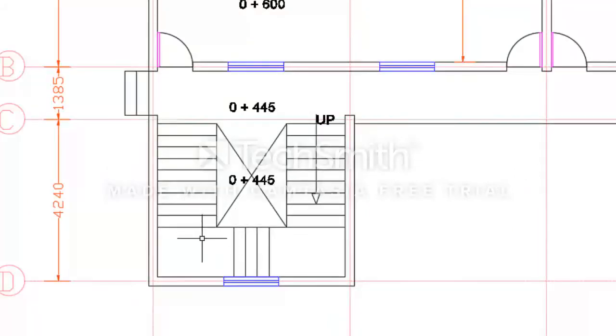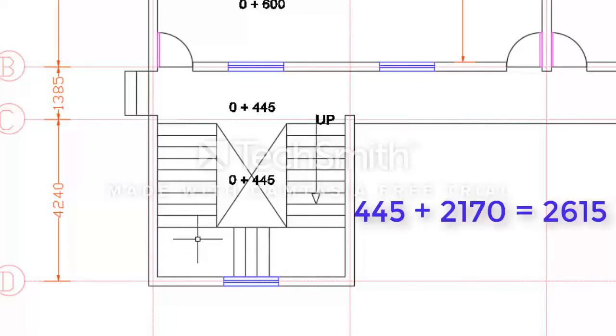To get the top elevation of this quarter landing, we already know that we have 10 risers here. So 11, 12, 13, 14. So we are saying 14 risers from the ground level to get to this level. 14 times 155 will be equivalent to 2170 mm.